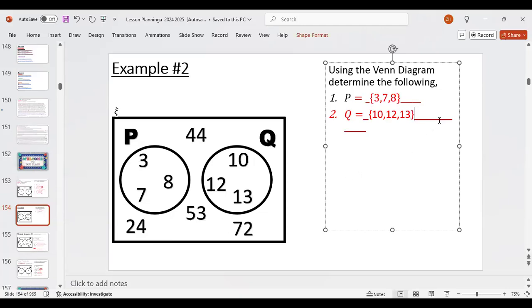Do we agree with him? That is 10, 12, and 13. Do you all agree? Yes, sir. That's good. Ethan Anelis, I could barely hear you. You have to speak into the mic. You understand how we got Q? Yes, sir. What is Q? Q is basically everything in set Q: 10, 12, and 13. Very good. Everything inside Q. And Ethan Bean, you understand how we got Q? Yes, sir.